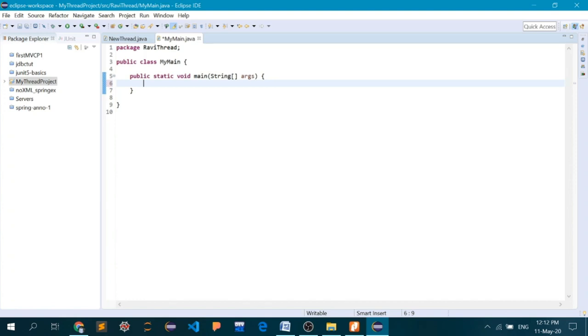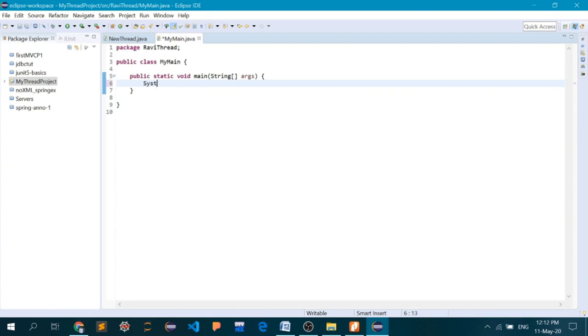Whenever your main method is called, the thread of the main method starts executing automatically by the Java runtime environment. So as soon as you start executing this particular class and this main method is called, the thread for this main method has automatically been initiated.